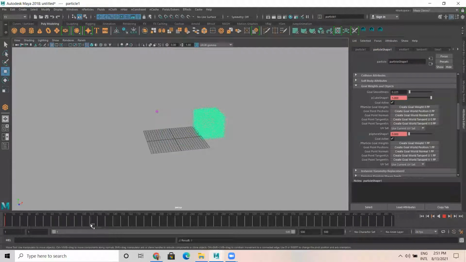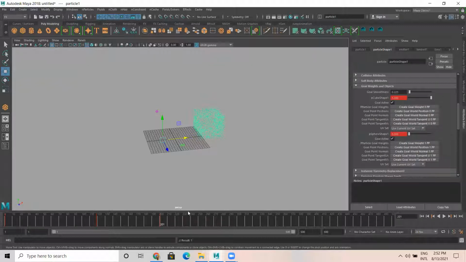At 100 or 120, the cube is still 1 and the sphere is still 0. Then from 120 to 200, I want the cube to be 1.